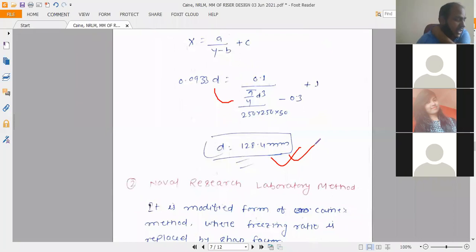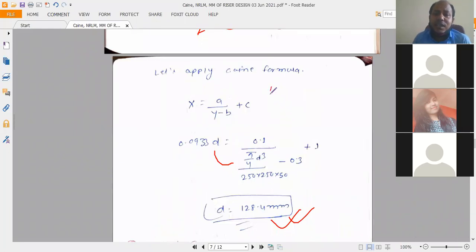सर, ये साइड राइजर का केस है ना? हाँ, height of the riser is not given in the question, but you have to assume it as a side riser because हाइट और डायमीटर इक्वल है. सर, तो सरफेस एरिया ऊपर में होगा ना सर? सर्कल का सरफेस एरिया आप कैलकुलेट कर सकते हैं.